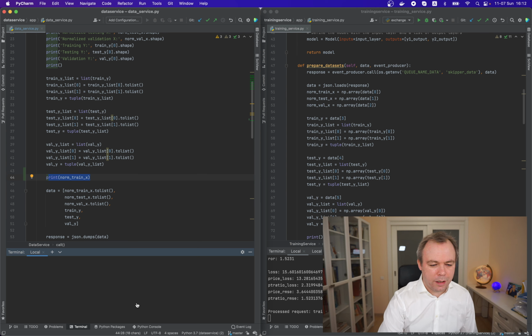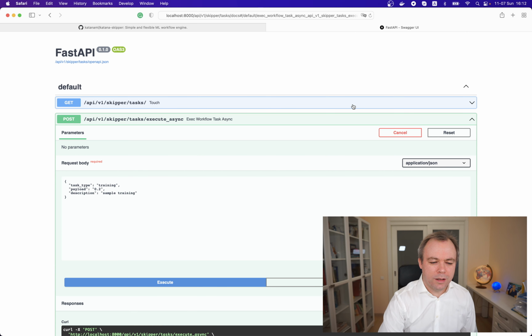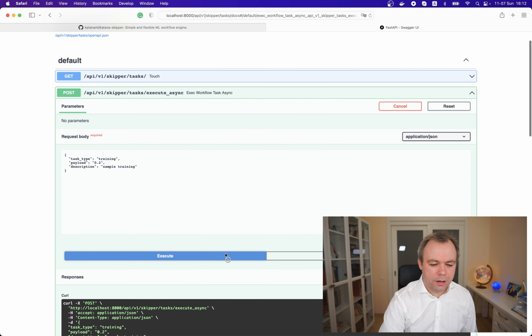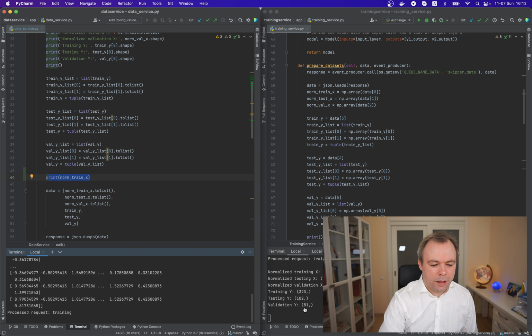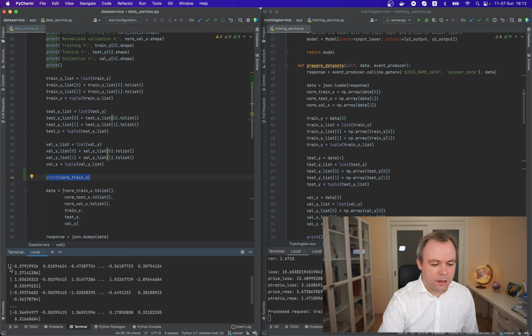We can clear the buffer, and then if I go to the FastAPI list of endpoints, I can hit execute training, and then data was prepared and training was completed, model was built, and we can see that when we print out Numpy array for the trained data, we get this representation, which basically is a standard Numpy array, but this kind of data object cannot be sent through RabbitMQ,